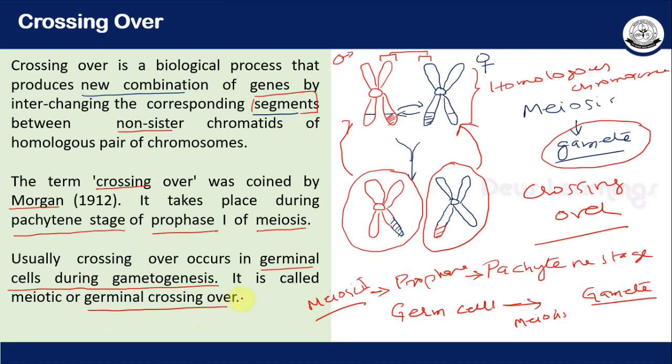This paragraph contains lots of information for your exams, okay? So remember, crossing over always happens between non-sister chromatids of homologous chromosomes. When does it happen? It happens in the packaging stage, which is in prophase 1, and prophase 1 is in meiosis 1, and the whole of meiosis happens during gametogenesis. And gametogenesis is the process of development of gametes through the process of meiosis. That is why it is called meiotic or germinal crossing over. Okay,